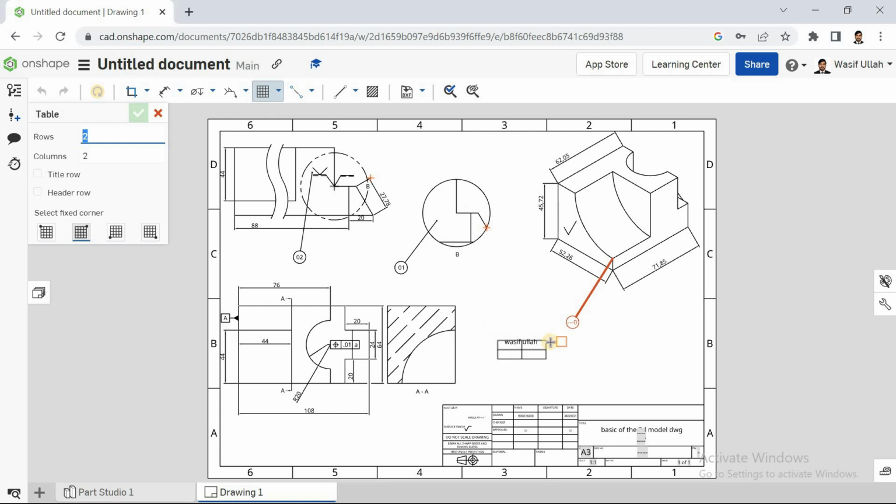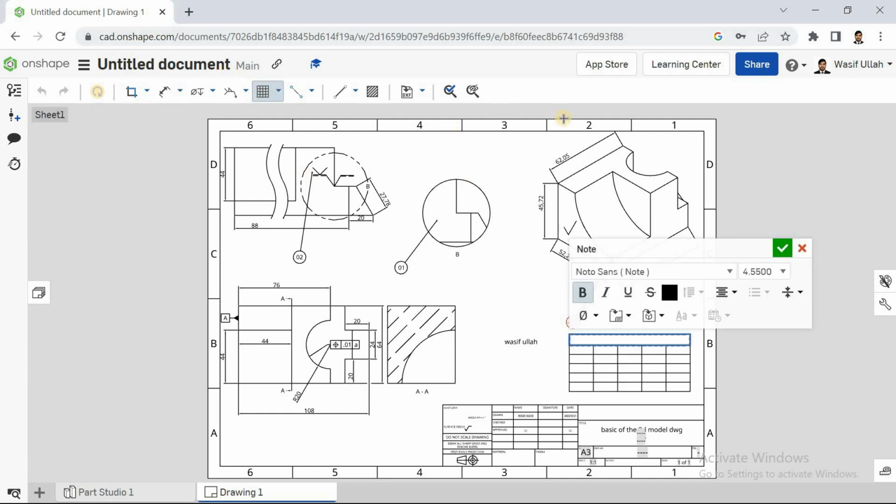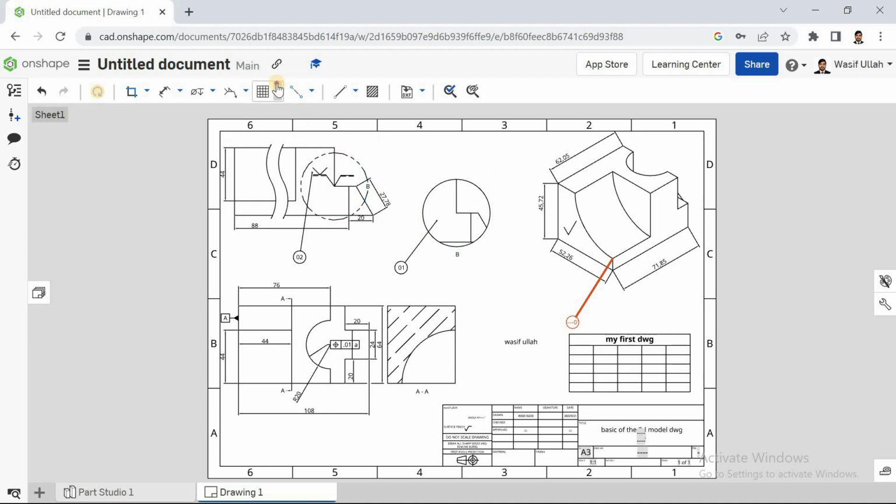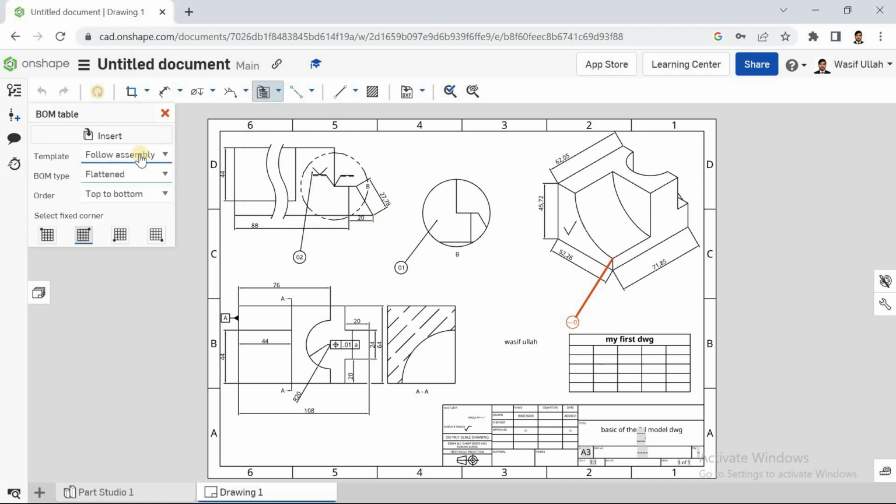And you can just add a table by defining the rows and columns, and you can just put it somewhere here to just put your own data. Title the row, header row, and you can just hit OK. My first drawing, and I'll hit OK. See, then you can just go and the BOM table,